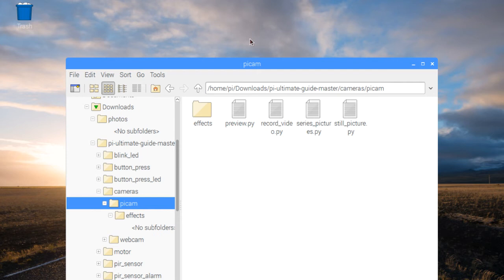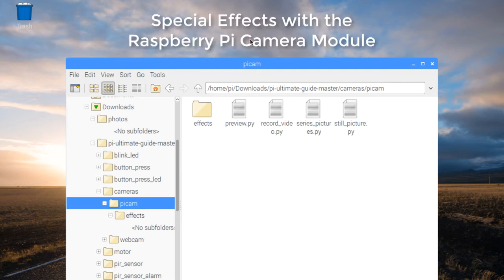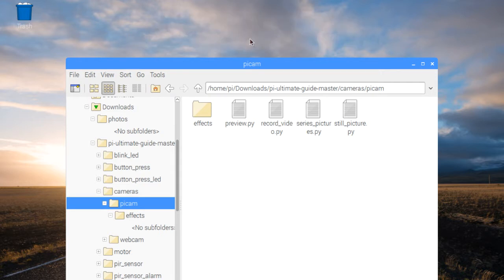Now we're going to have some fun with our Raspberry Pi camera module, and we're going to look at a series of effects. These are special effects that you can programmatically do with your camera, and we'll see how in Python we can have some flexibility in the way that we take and process images with the Raspberry Pi camera module. So if you go into the effects folder,